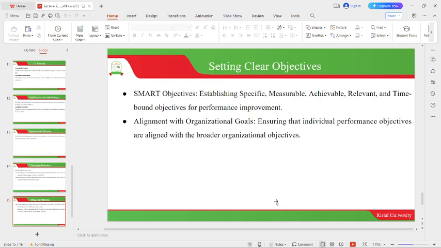So it's still under development. You need to set clear objectives. We have been talking about SMART. You need to establish objectives which are specific, measurable, achievable, and relevant as part of your development plan. If someone is showing negative results when actually the patients have malaria, you need to make sure that person is taken for